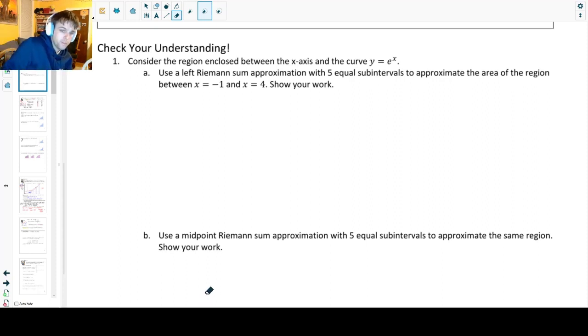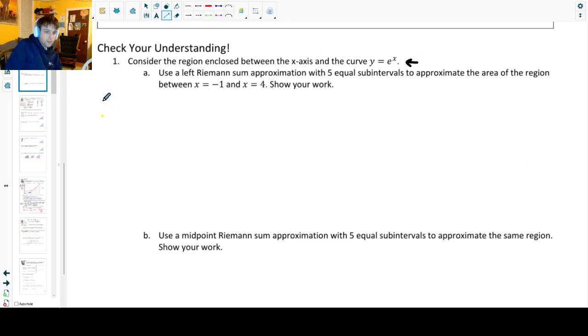All right, so we're going to be looking at the check your understanding questions from lesson 2. So first question here, we are going to be calculating a left Riemann sum with 5 equal subintervals to approximate the area of the region between x equals -1 and x equals 4. So the graph we're going to be looking at here is this function y equals e